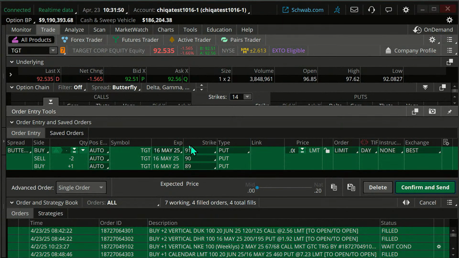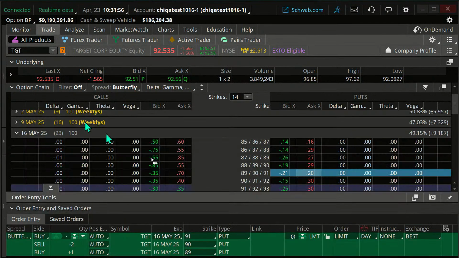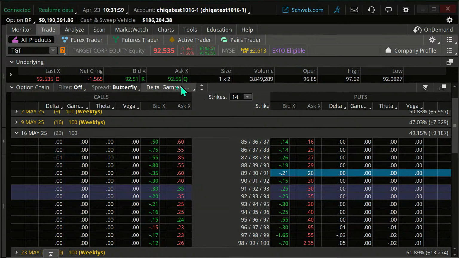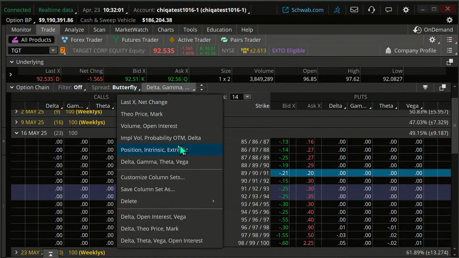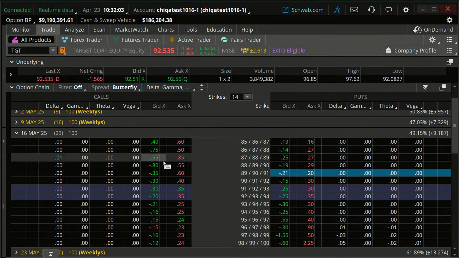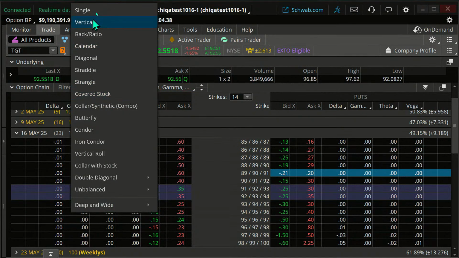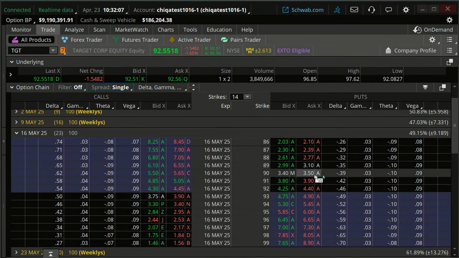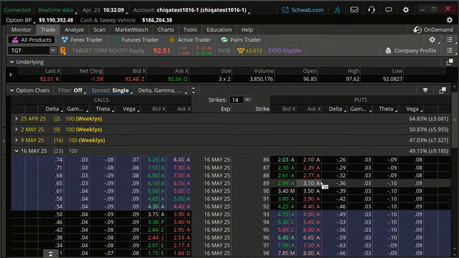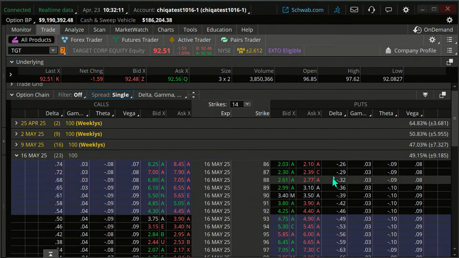Okay, now, here we go. How wide are we going to put these? We're going to put these as wide as we think the likely range is going to be. What I can do is use our delta. Let's go back to our delta on this, and let me go to single. What are my odds of this going down to a lower level? Let me get a couple more strikes here.